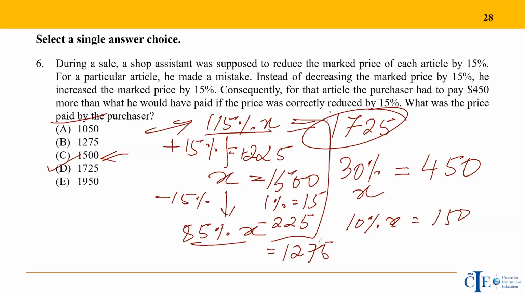Okay, you also have a value of 1275, which is the reduced price, but that is not what is asked. And you also have the value someone would have calculated 1500 properly, and 450 is the extra, so he may add up 450 instead of splitting it half and half. Observe 225 and 225, these are the half of 450, which is the basic difference. So this is 1500 plus 450, which is 1950, and 1500 minus 450, which is 1050.